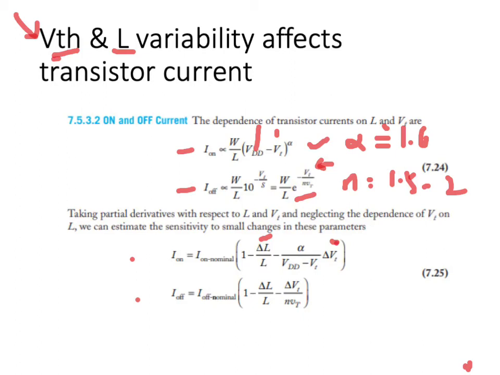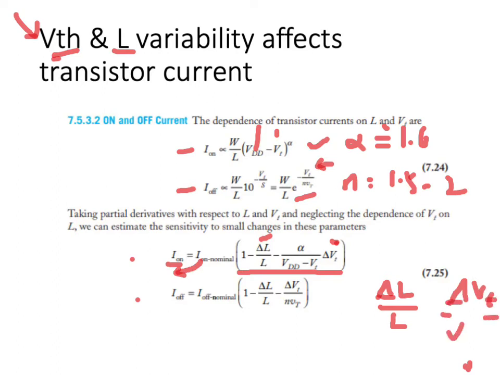Alternatively, if you take this nominal current, that is the design current, as the denominator here, then this term tells you the fraction of change, the proportion of change, for a given delta L or a given delta V threshold, in the on current. You can observe that the on current will change linearly with the fraction of change in dL and dVt. But what I'd like to draw your attention to is that the percentage of change in on current due to dL and dVt is dependent on the ratio of dL over L and dVt over VDD minus VT. What this means is that